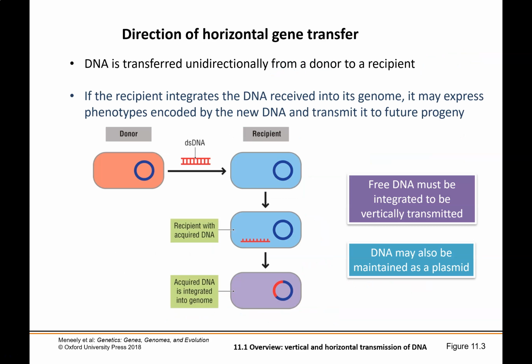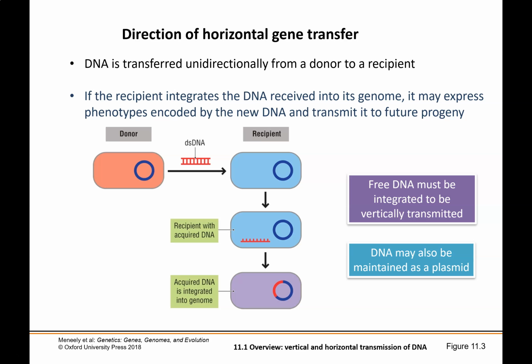So in eukaryotic reproduction, we get gene transfer that basically happens between two cells. Basically, those cells are coming together. They are both donating their DNA. But in horizontal gene transfer, DNA is transferred unidirectionally. That means that there is a recipient cell and there's a donor cell. It doesn't go both ways. So if that donor cell donates a piece of DNA to a recipient, that new DNA is likely to be expressed in the recipient cell.